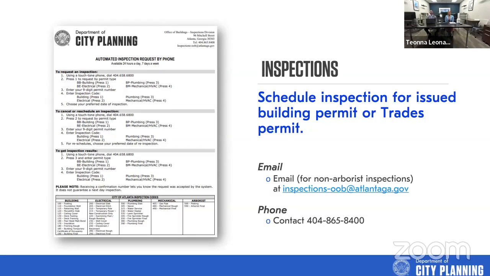Once your permit's been issued and you start construction, you have to call in inspections regularly through the process in which you're building. There's a foundation footing inspection, framing inspections, insulation, etc. This is a process in which you can call in those inspections. You can do that by email, by phone through a text message prompting process, or through Accela, which we'll go over in the Accela portion of the tutorial of this class.